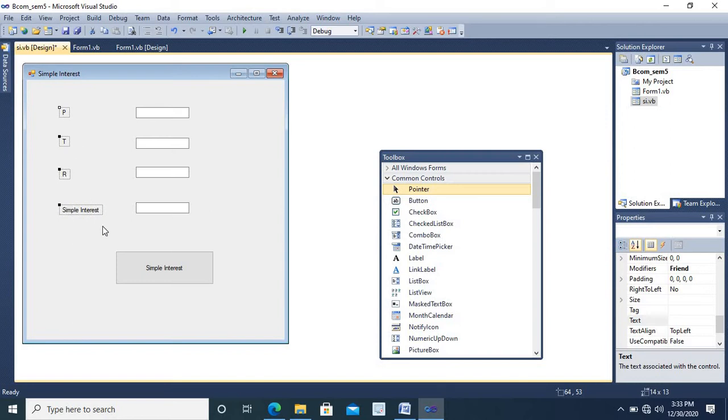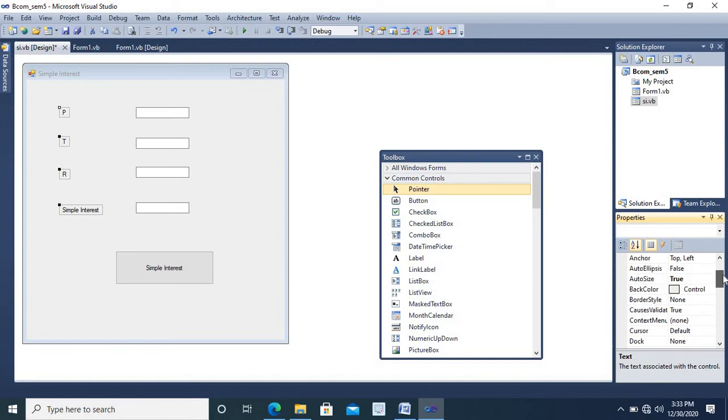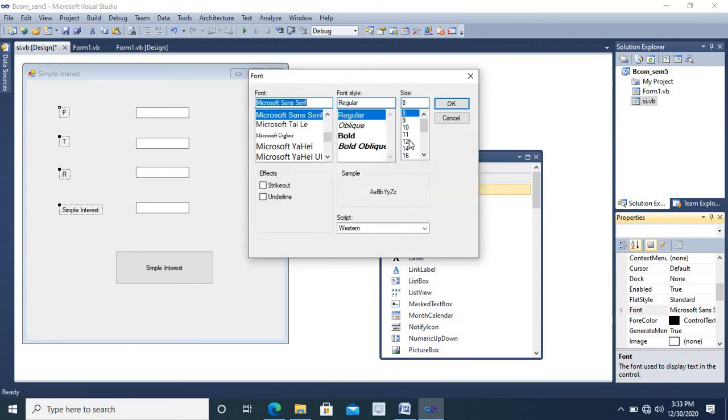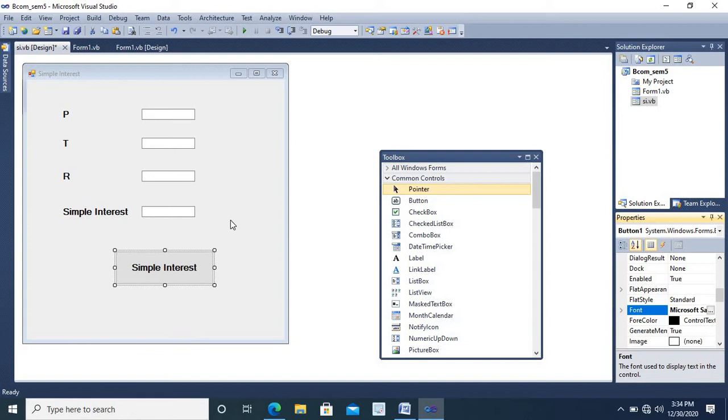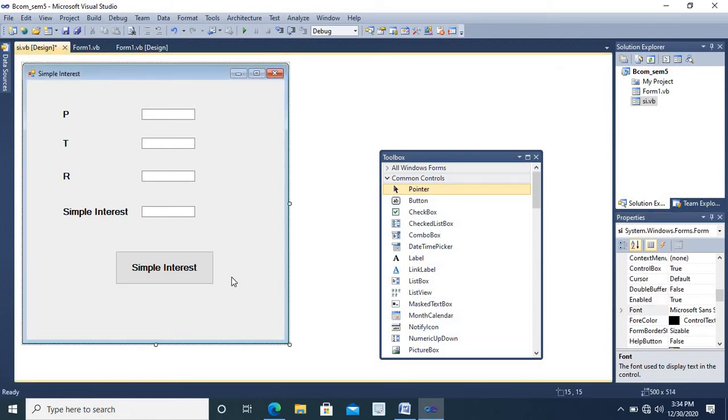When we select them, the properties window shows the common properties which we can set for all the controls. Let me change the font size. So we have completed the designing part.